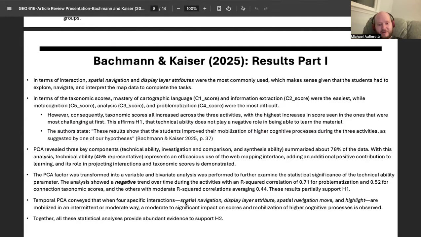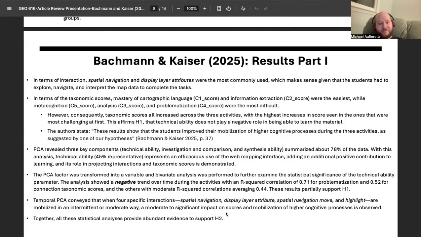So when these particular interactions were selected during the activities, the students were more subject to use their critical thinking skills to answer the questions and solve problems that were posed by the activities. And together, all of these statistical analyses provide abundant evidence to support the second hypothesis, that students will have more higher and critical thinking skills